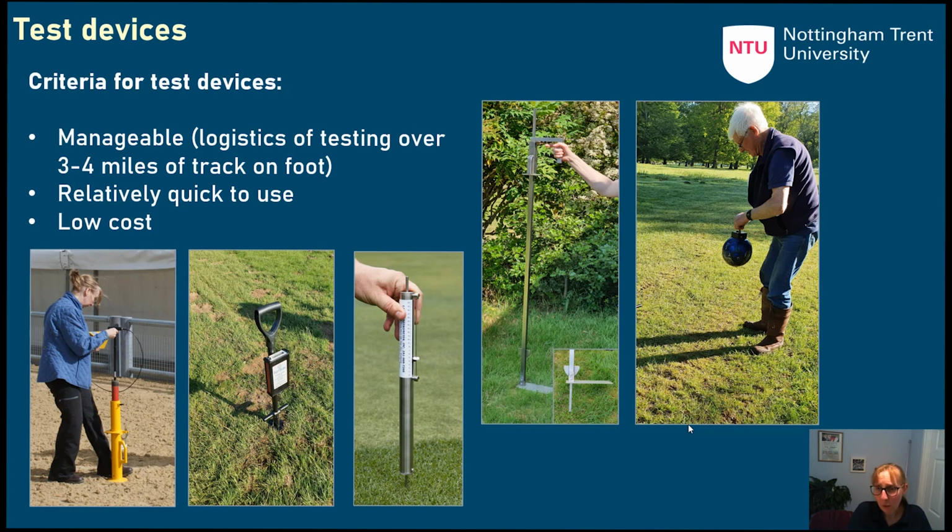So that's a really important one. They need to be relatively quick to use, because if the groundsmen or course managers are testing prior to the event, it needs to be relatively quick and also relatively low cost. So some of you might be familiar with some of these pieces of equipment, and I'm just going to give you a very brief overview, because I'd like to spend a little bit of time talking about the